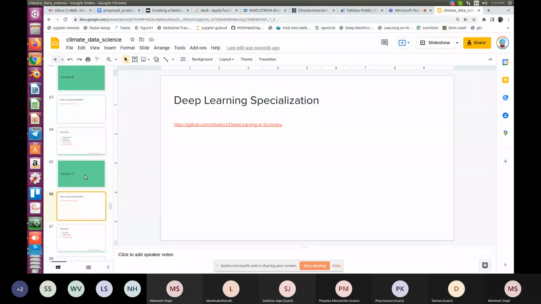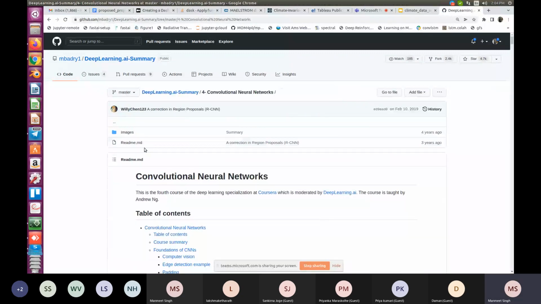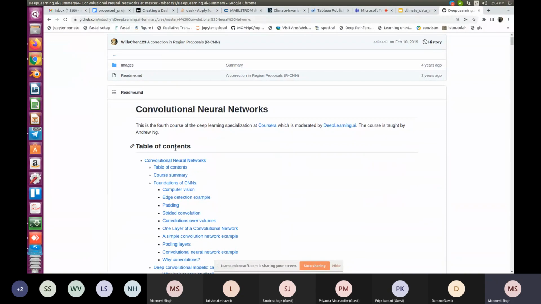So this is today. We have already seen neural networks and deep learning, improving deep neural networks, and structuring machine learning projects. Today we will see convolutional neural networks, and this is the fourth course of the deep learning specialization at Coursera,